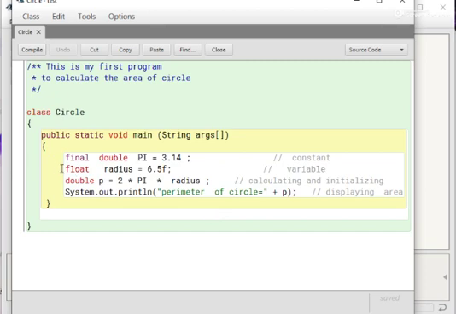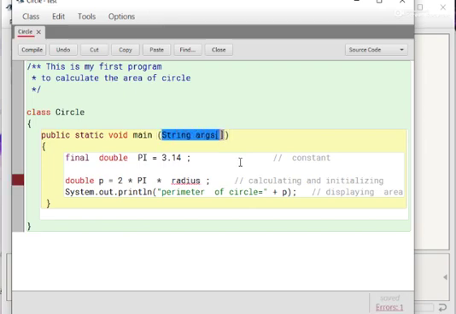For any confusion, delete this statement, and declare a parameter variable of type float, and the name of the variable is radius. Instead of string args, we have changed the parameter to float radius.